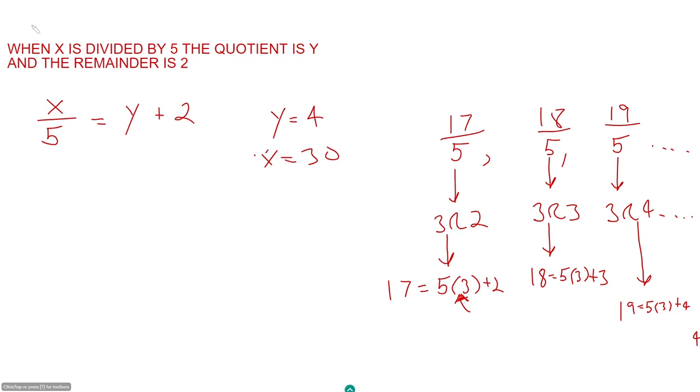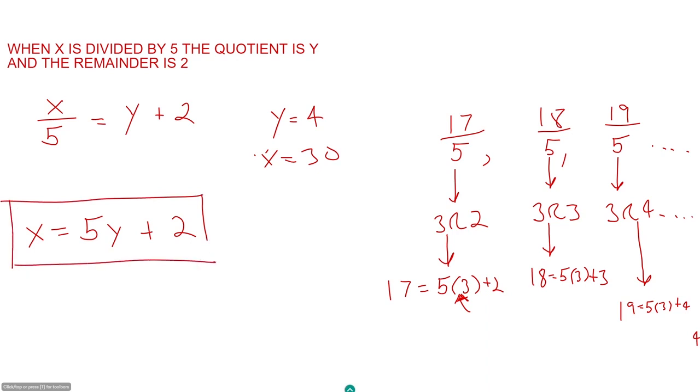So if we did the same thing here with this statement, how would we translate it to match the equations we have here? So here we would be saying x is equal to 5, and this multiplier here is your quotient. And so when they say the quotient is y, they're saying x is equal to 5 times y plus 2. And once you have this equation here,